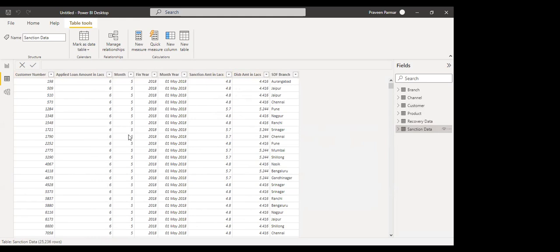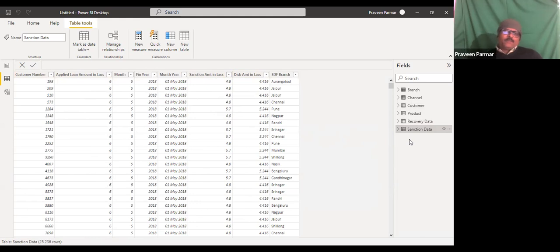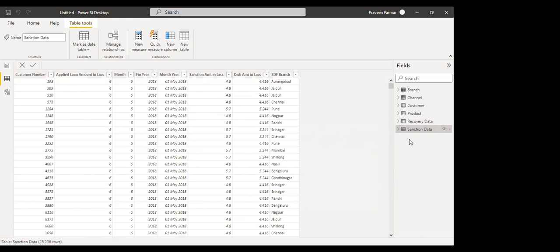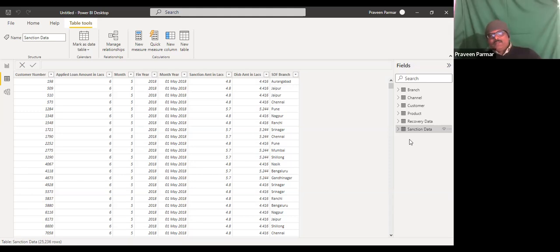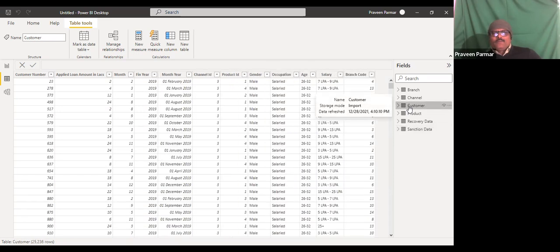Now what we have to do: whatever fact tables we have in Power BI, we require all the dimension tables' ID columns to be there. In the customer table, we are getting all 3 dimension tables' IDs. You see here the channel ID, product ID, and branch code.